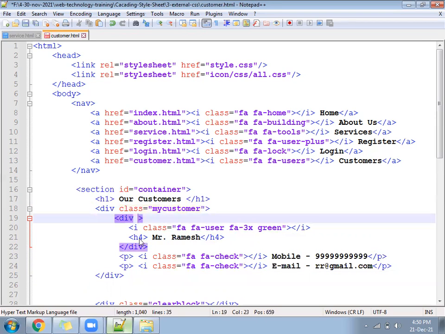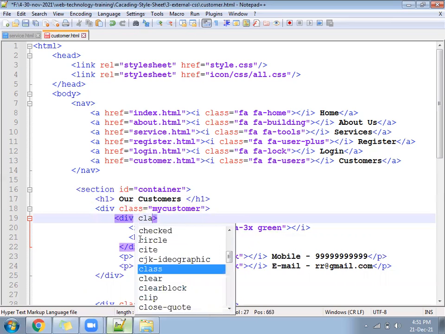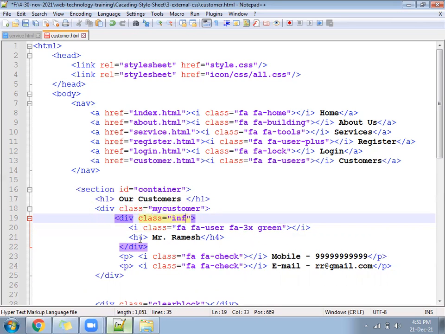If you want to write a class here, class full info, write for info text align center. Please modify. Write text align center.